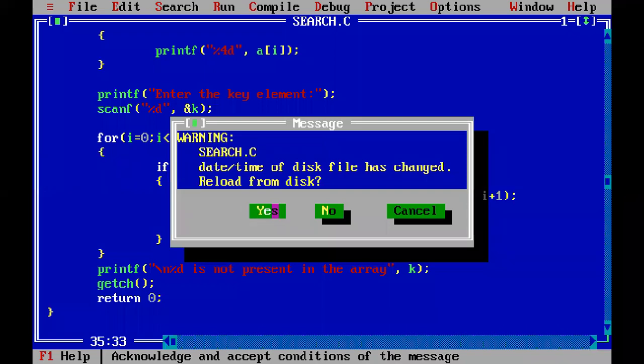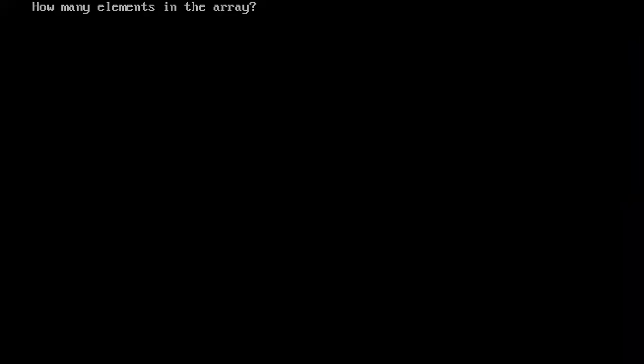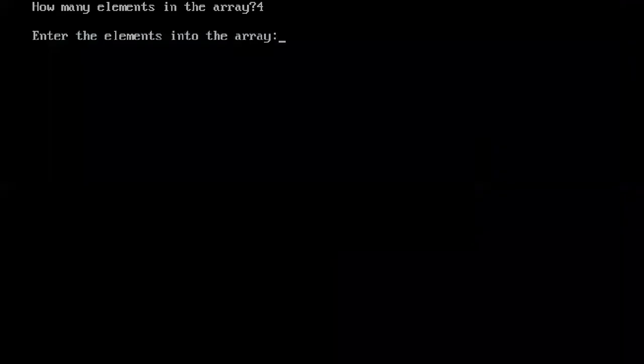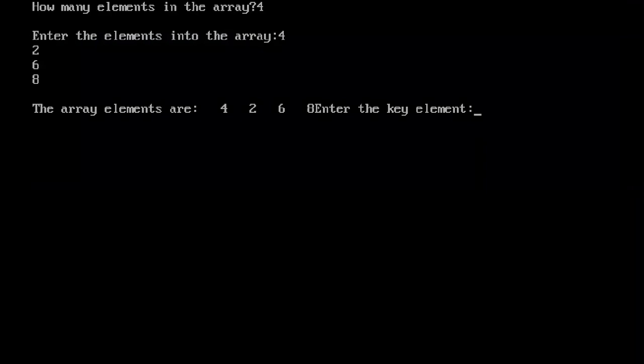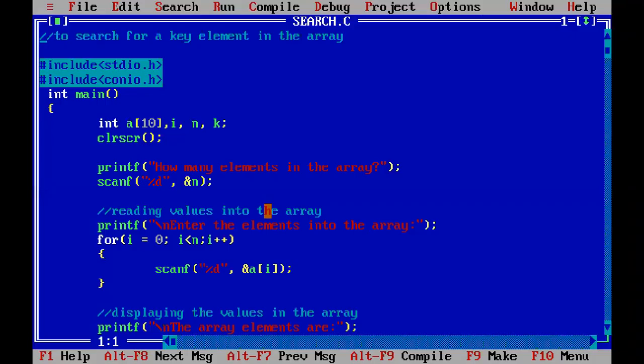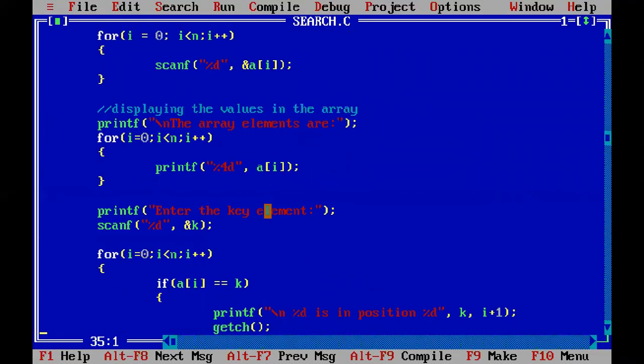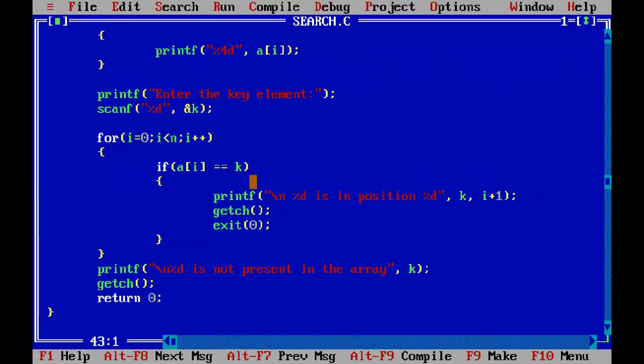If you enter a number which is not in the list, suppose say 9 or 7. Let it be 7. Okay, what do you see? 7 is not in the array. Whichever element is present, you will be displaying that location also, whichever location that element is present. So let's go through the logic part. Here, what I did is, first I entered the element that I will be searching for.